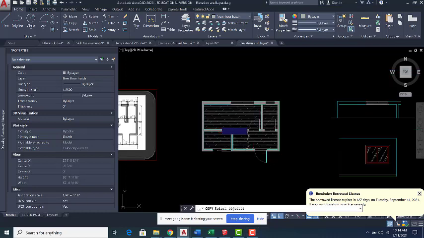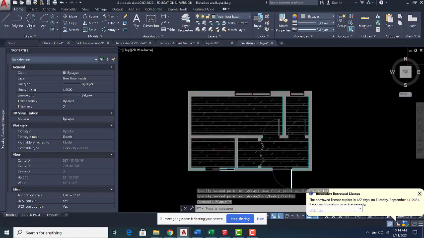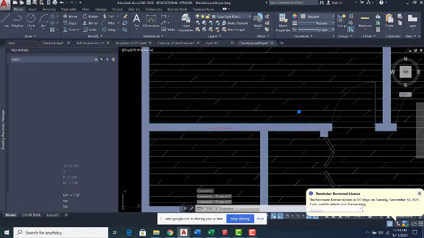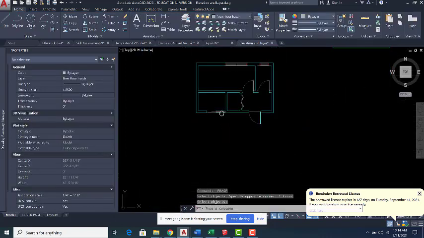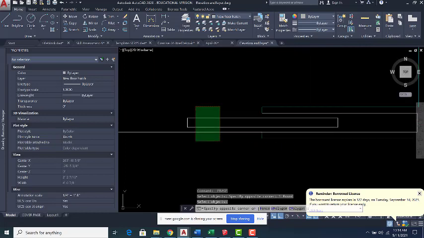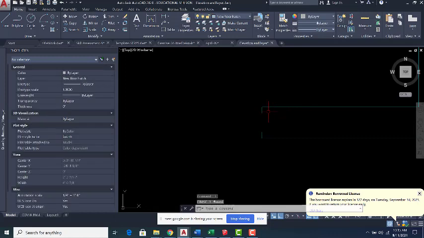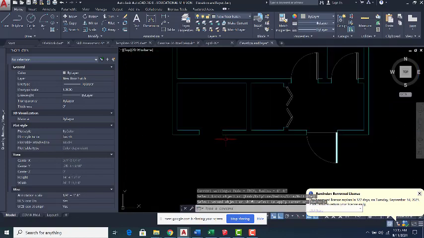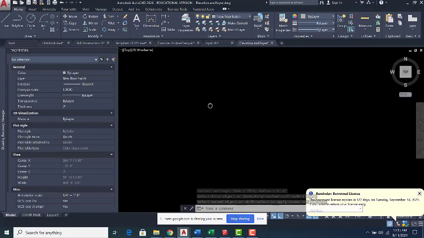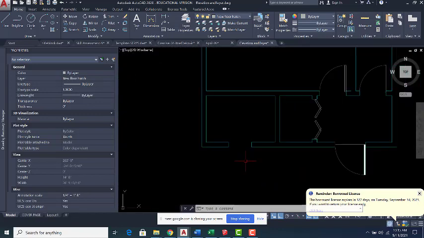Okay, I would copy my plan because I want to remove some parts. Let's erase this part, this part, this part. Okay, as you can see here, we have a pocket door, and the easiest way to do